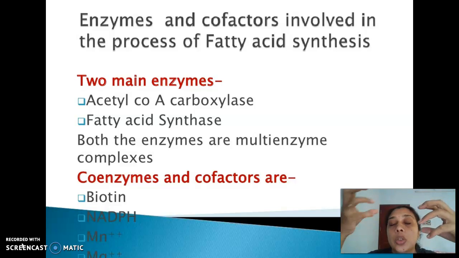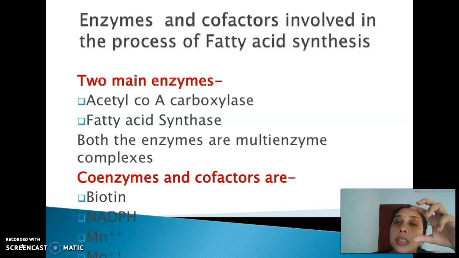malonyl-CoA can now enter into the de novo pathway, and this forms a committed step of the reaction, and the fatty acid biosynthesis is initiated with malonyl-CoA in one arm and acetyl-CoA in the other arm. And with this malonyl-CoA, it is now responsible for initiating the de novo pathway, and the de